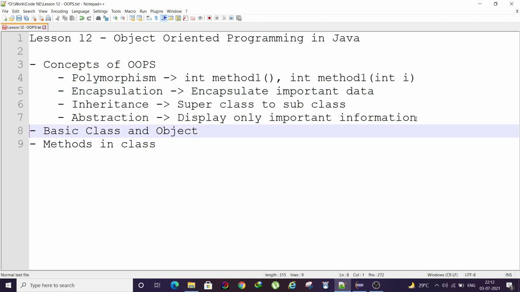Coming to our fourth concept, fourth property, that is abstraction. Abstraction means you only display the important mechanisms to the user. As a practical example, let's say there is a car. You know how to accelerate and you are changing the gears of the car, but you do not know the mechanism, like how it is changing in the background. You only know there is a gear stick and you change it, but the main mechanism, how it works, such as the gear wheels, is not shown to you. So that is abstraction.